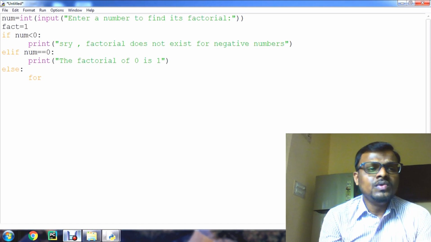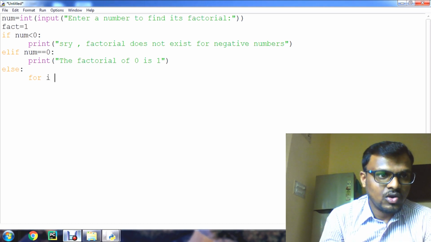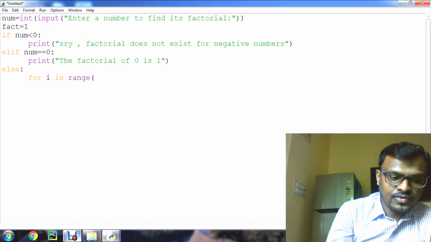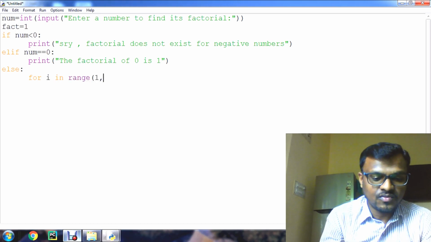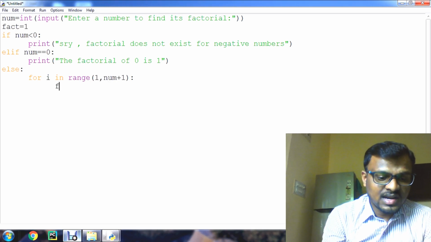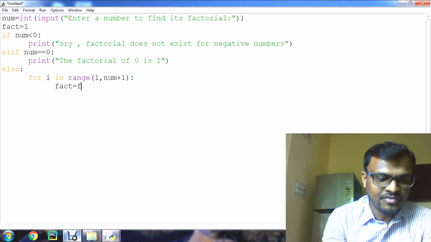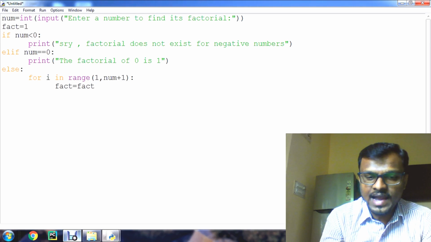Here we are going to do some computation, that is a for loop: for i in range, we are starting from 1 only, num plus 1. By this statement I am going to calculate the fact: fact is equal to fact into i.